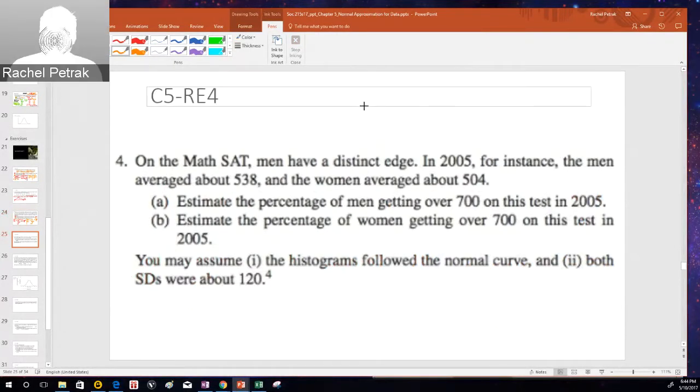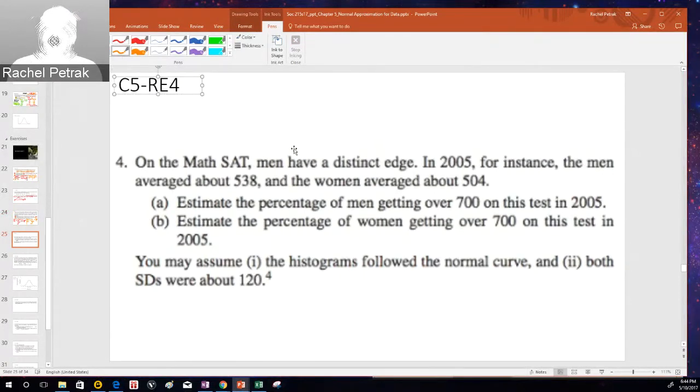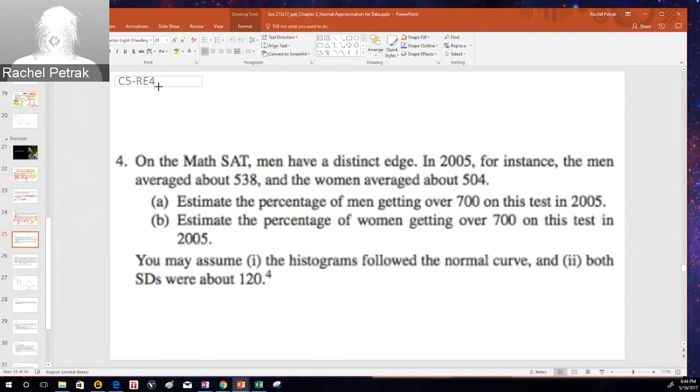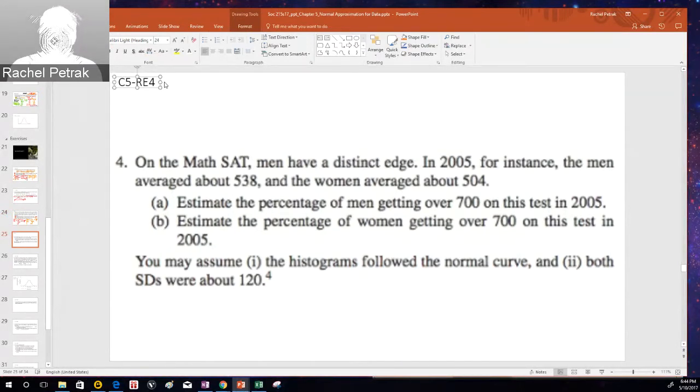Now we're going to keep talking about the SAT, but while I get this slide ready, I want to make a note about what they're saying about the math SAT, that men have a distinct edge, perhaps. I'm going to inform you of some other information, just for your personal information on this subject. It's a commonly held misconception that men are better in math. This is not true. Even though it may be true that men do better on the math SAT, I don't know if that's still true, but good research has found that